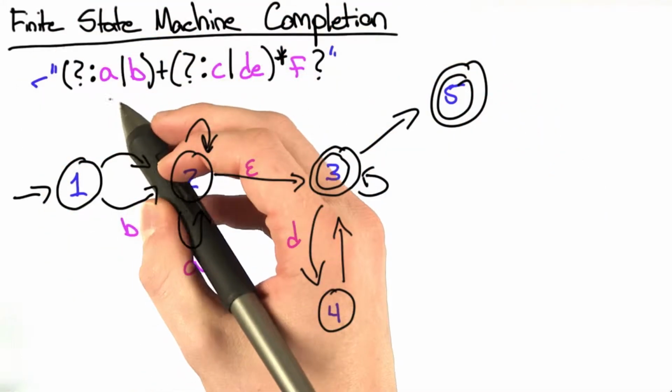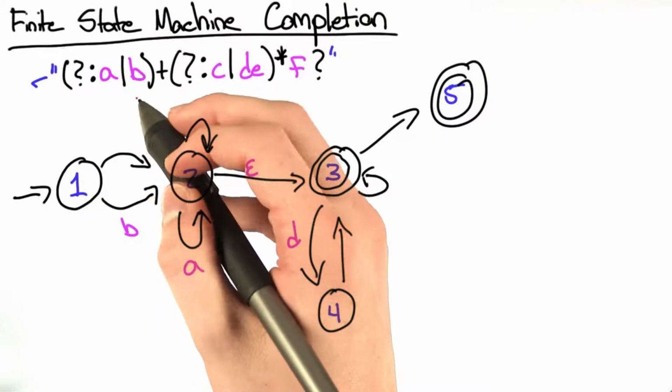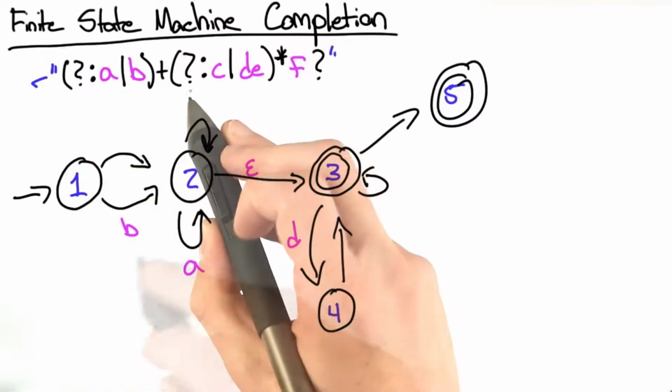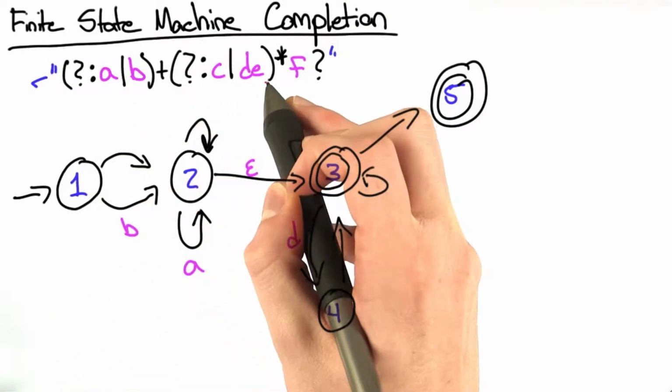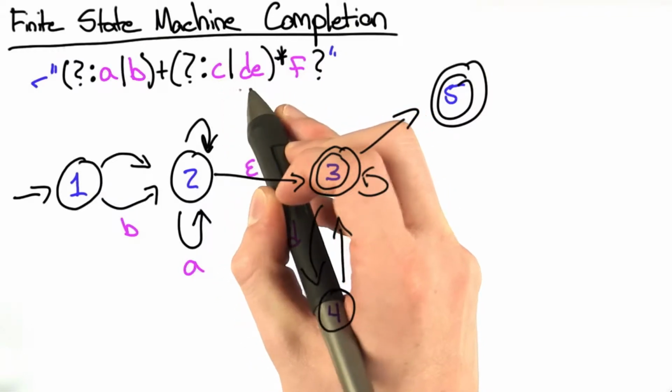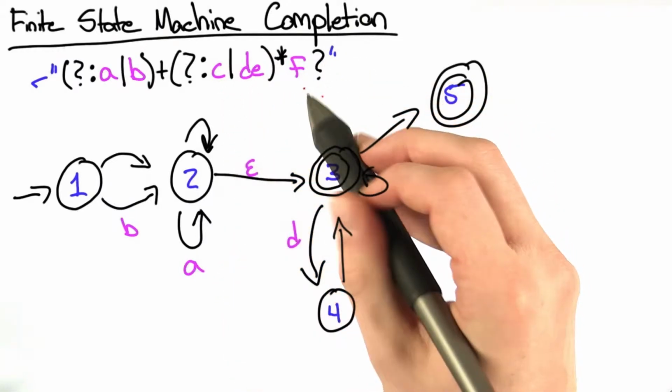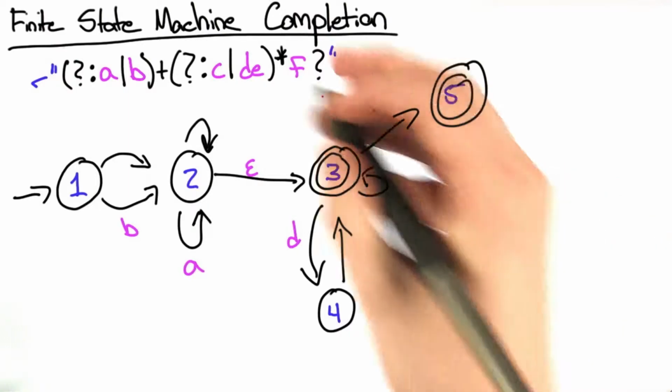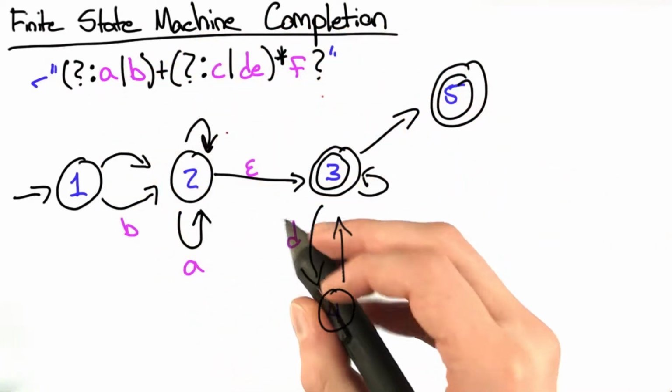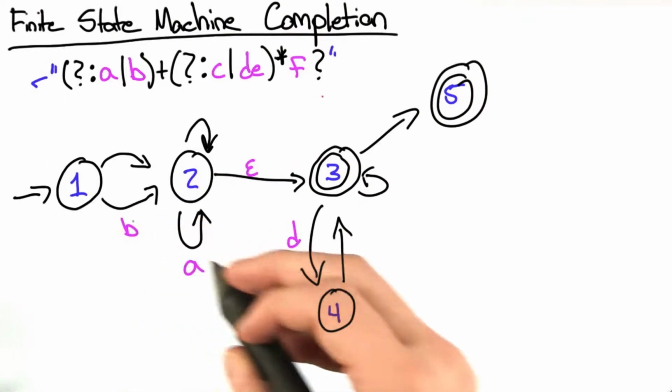The first part matches one or more A's or B's in any order. Then we match 0 or more C's or D and E together. And lastly, we have an optional F that we match. Let's take it one part at a time while simultaneously trying to understand the finite state machine that we have